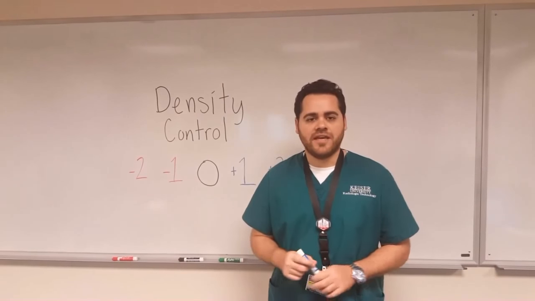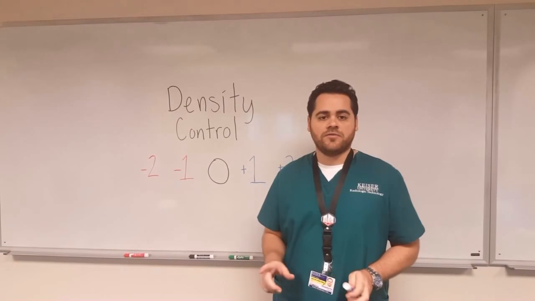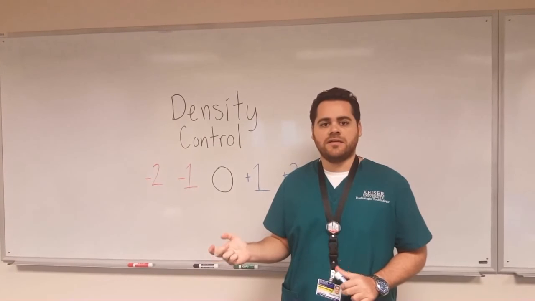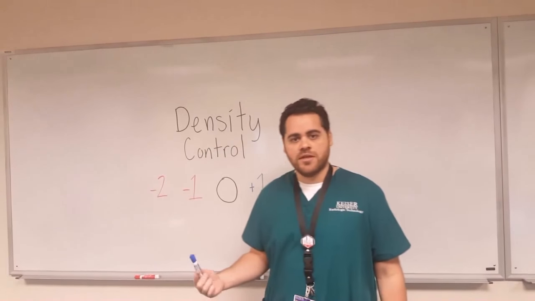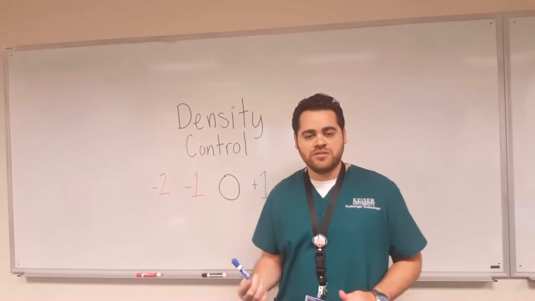Another key factor in the AEC is density control. Density control allows a radiographer to change the amount of density, or mAs, on the fly. If we take an image and we know that that image is underexposed, we need to increase the density. So on most modern machines, you'll have panels